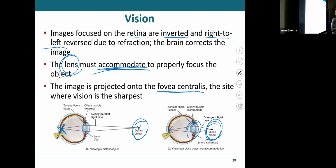And it's kind of crazy to think that this entire eyeball, everything that happens is trying to bring it all to the fovea. Like we don't even care about the other rods and cones that are scattered around. We're all focused on the fovea because that's where the sharp vision is. Now,